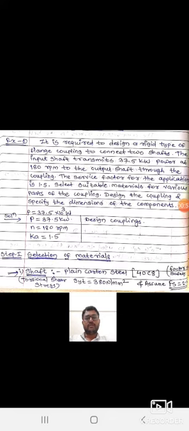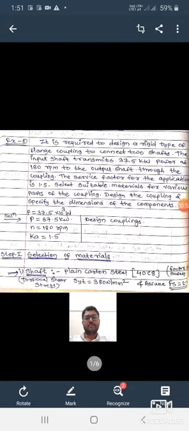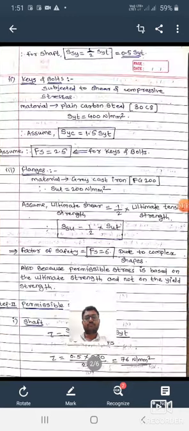First is the shaft. For the shaft, select material as plain carbon steel having specification 40C8, and for that the yield strength is 380 Newton per mm square, and assume factor of safety as 2. Then next, for the shaft, yield strength in shear is equal to 1 half of the tensile yield strength, that is SSY equal to 0.5 times SYT.